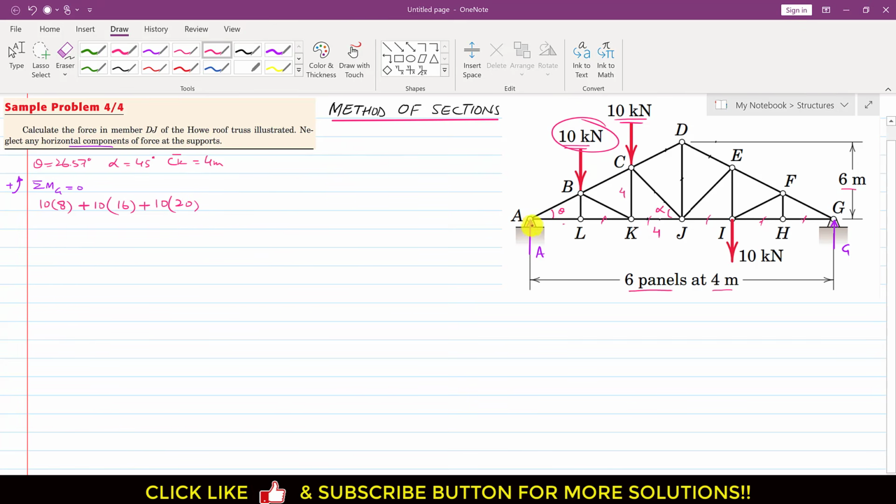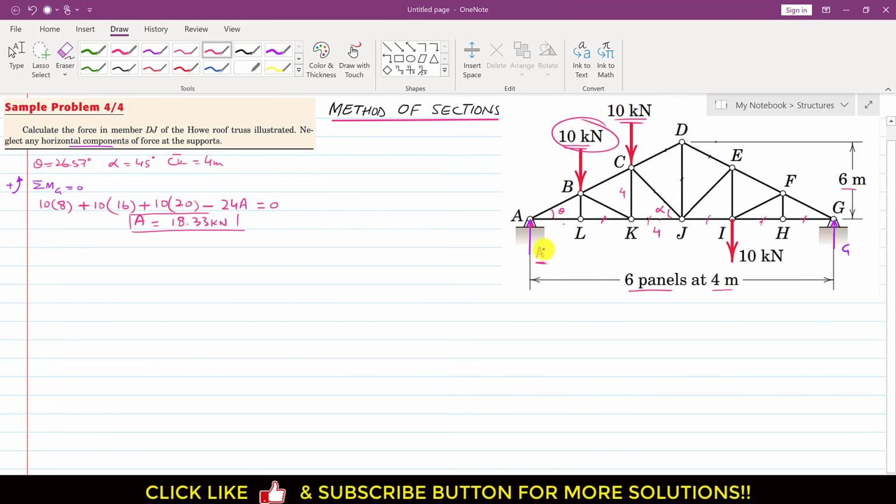And now as we can see, this reaction at A is producing the clockwise moment about point G. So we will write minus, and the perpendicular distance of this reaction force at A is 6 panels, right? So we have 6 panels and each of 4 meters. So the total distance of A from point G is 24 meters, right? So we will write A multiplied by 24, or 24A, and this is equal to 0. So from this equation the reaction at A is equal to 18.33 kilonewtons,